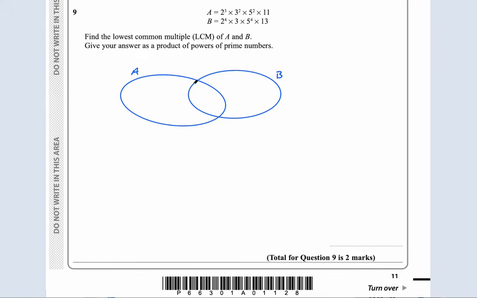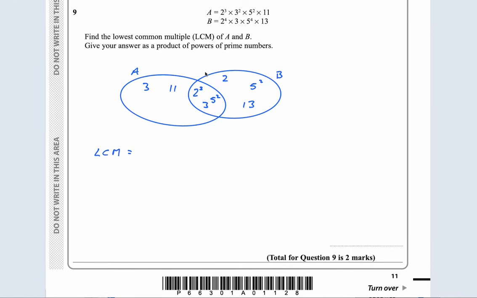So I have 2 cubed here, but there's another 2 in the B, so we'll put that here because he's got 4 2s, he's only got 3. There's a common 3, but the A has an extra 3. There's a common 5 squared, but the B has another 5 squared. And then the 11 goes here, and the 13 goes here. The lowest common multiple is then